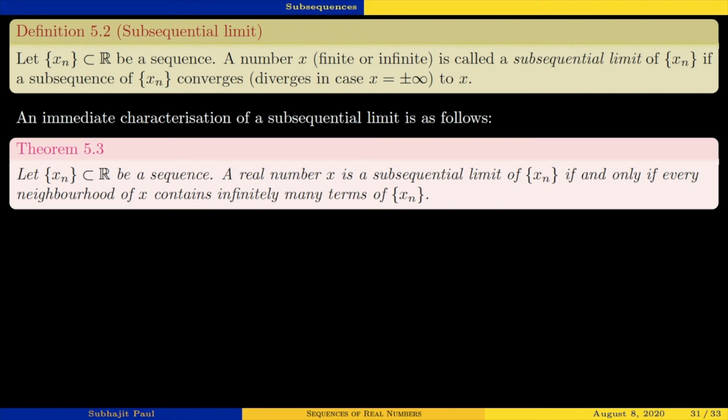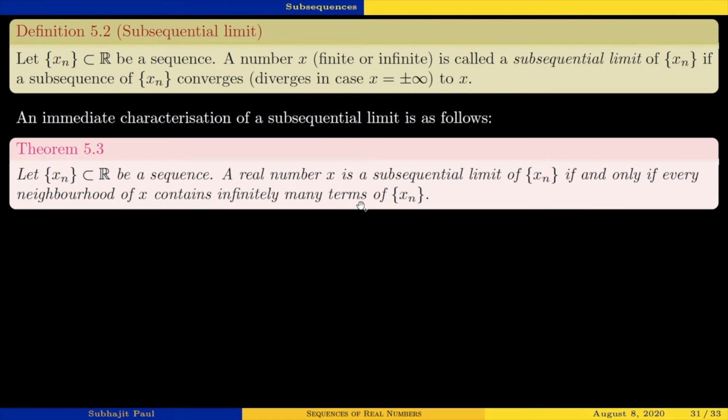Now, this theorem is an if and only if condition for a subsequential limit. A real number x is a subsequential limit if and only if every neighborhood of x contains infinitely many terms of xn. Now understand one thing: this criterion, this theorem, is for finite subsequential limits, because we have seen that infinity can be a subsequential limit as well,